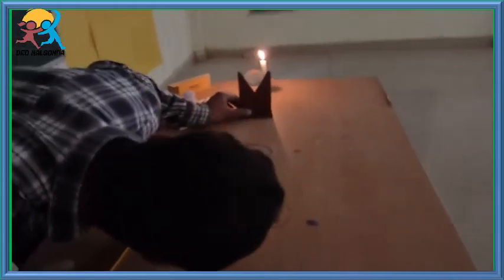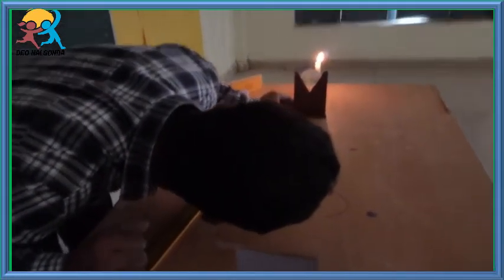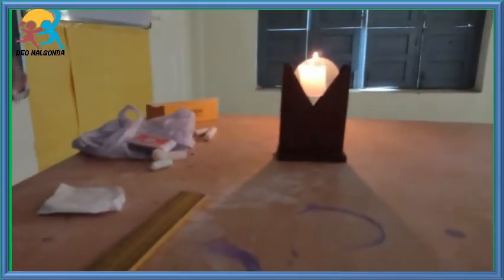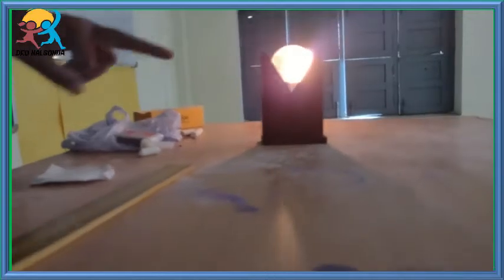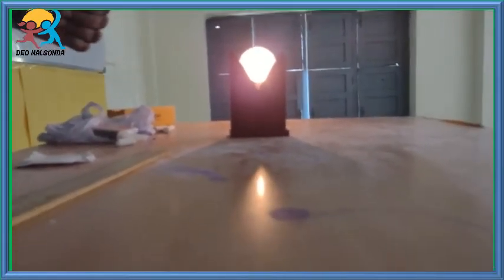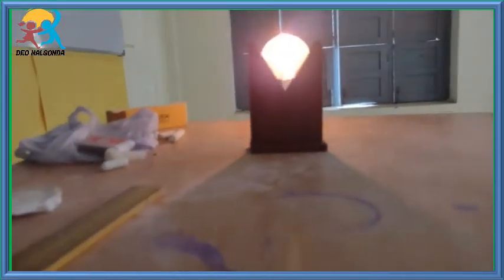See here, virtual and erect and enlarged image. You can observe the image through the lens, that is virtual and erect and enlarged or magnified.